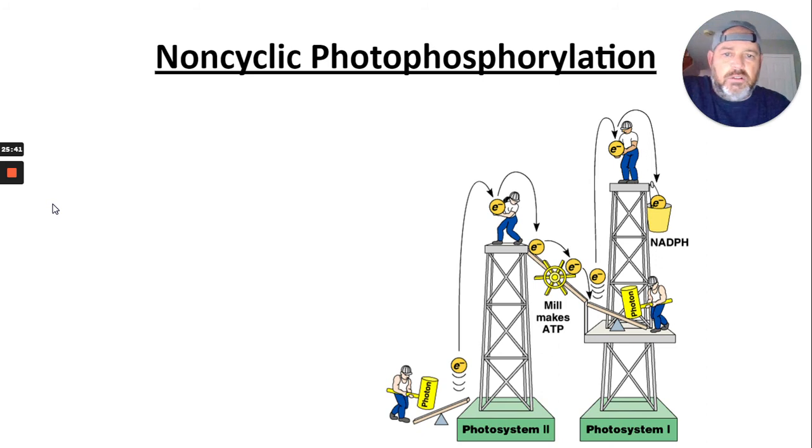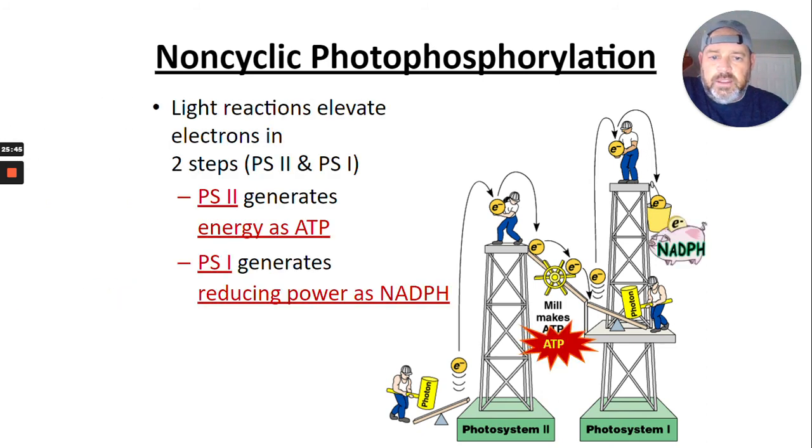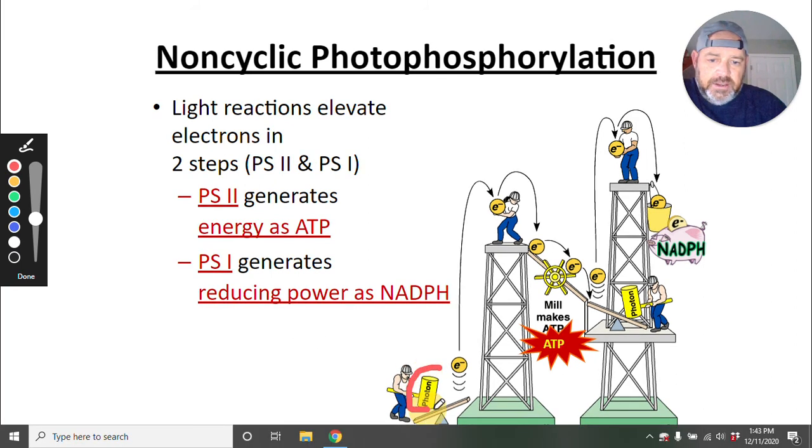And this is kind of a little construction cartoon of what's going on. If you look at this guy, same idea that I just showed you. You have the photon down here, or the sunlight, exciting the electron, and he comes up here to the first construction worker, which, by the way, this is photosystem 2. I don't know if you can see it on the bottom of the slide there. Oh, goodness. That's supposed to be a PS and then a 2, so photosystem 2. And this is